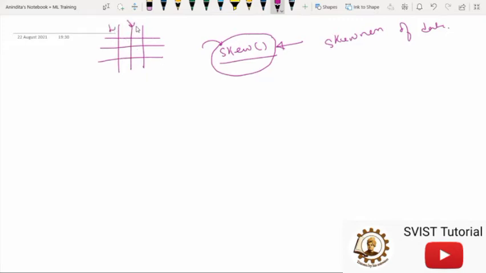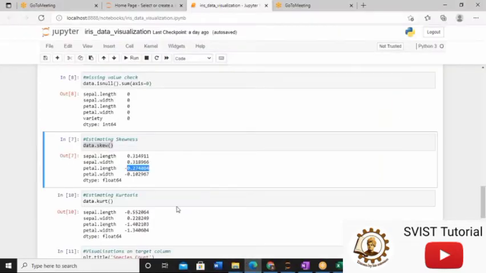So my first point is that the skewness factor is computed for each row or each column of the data frame. Skewness can be computed on rows as well as on columns. In our case, since my features are defined in the columns, I prefer to apply this skew function on each and every column. So this is my first justification.